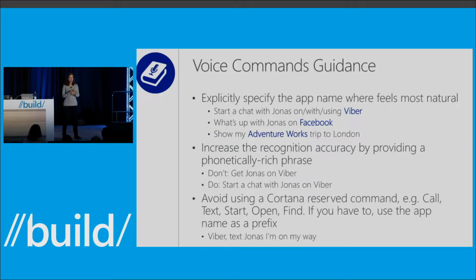Additional guidance for voice commands. First, keep in mind that you have the ability to make the voice command sound natural. I mentioned before that the application name by default is specified in the beginning of the voice command. So something like "Viber, start a chat with Jonas" sounds pretty good, but keep in mind that Cortana can be launched with "Hey Cortana." So in that case, the voice command could sound like, "Hey Cortana, Viber, start a chat with Jonas." So to make the command sound natural, you have the ability to specify the application name at the end